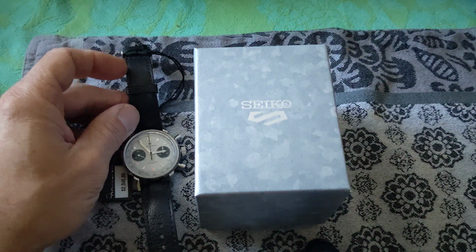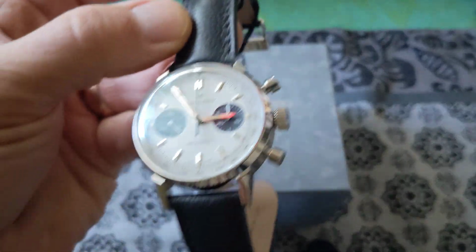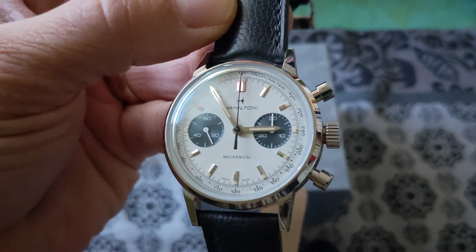Today, before we get into our main review of this stellar looking Hamilton mechanical,